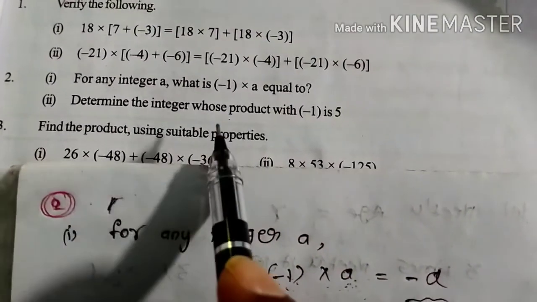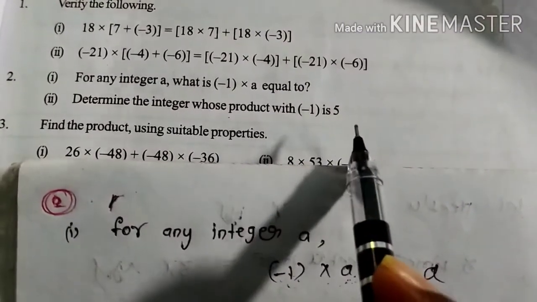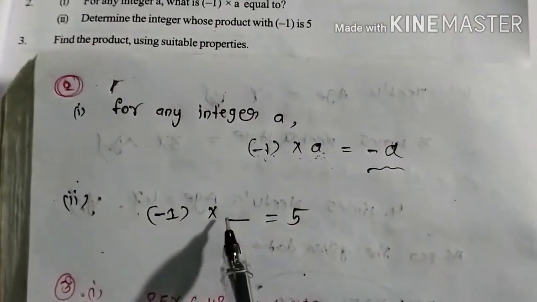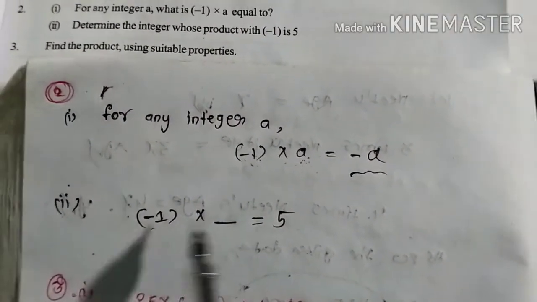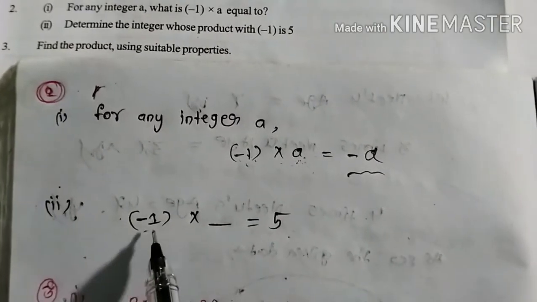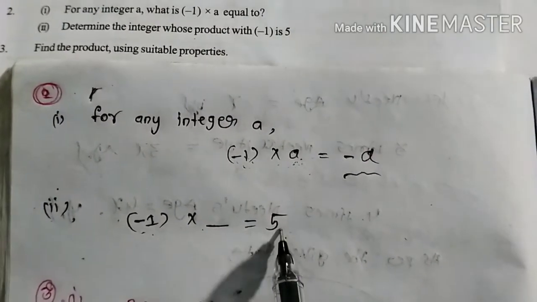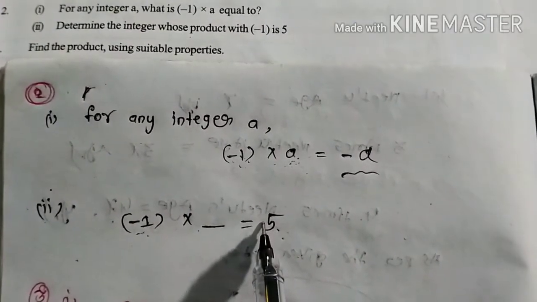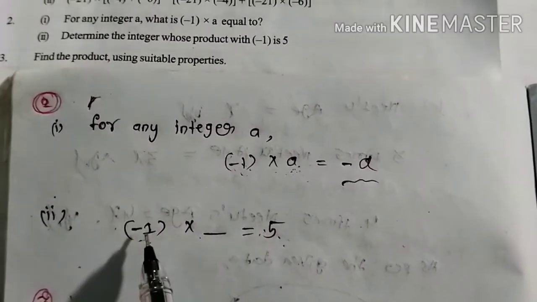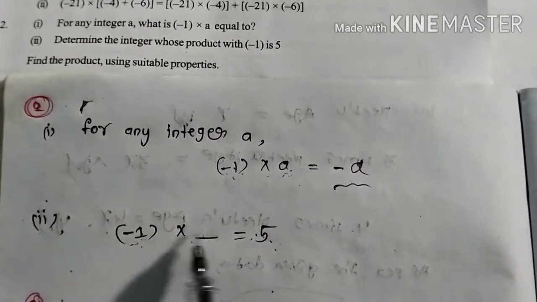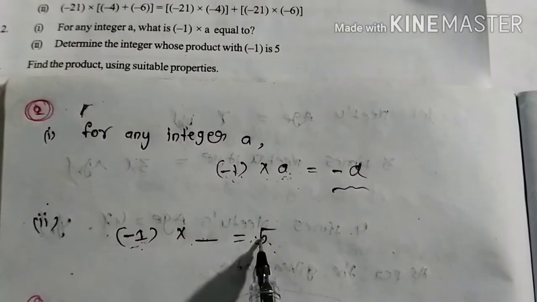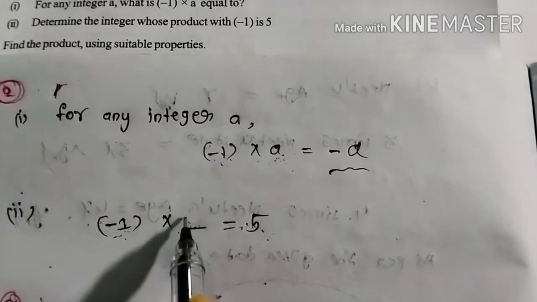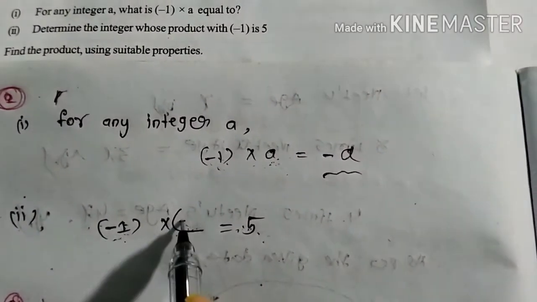Next one you can say determine the integer whose product with minus 1 is 5. Whose product with minus 1. So that we don't know which one we are multiplying with minus 1, but the result is how much? 5. See, the minus 1 into 5 means here minus 1, we are getting it is the positive number or negative number? Positive. How will you get? You know that minus into minus only plus, but minus into plus, will you get minus or plus? Minus only. So if it is here minus, you will get plus or not. That means I am writing minus into minus, you will get plus.